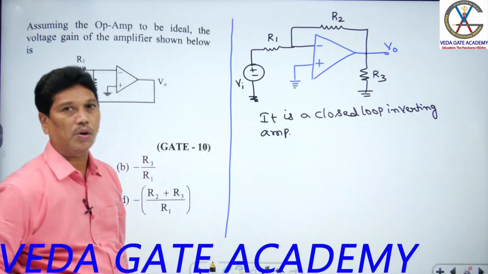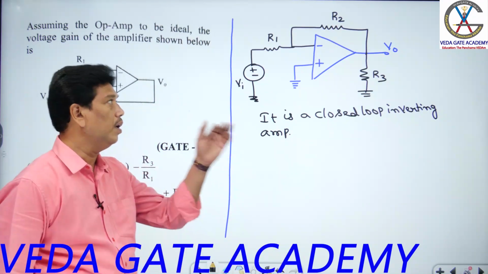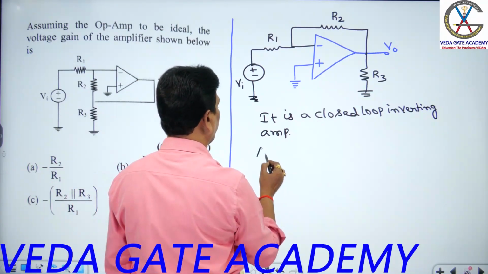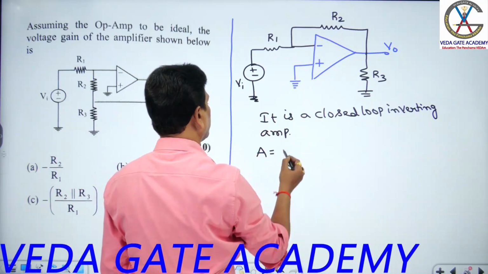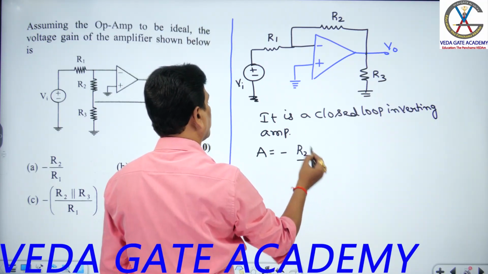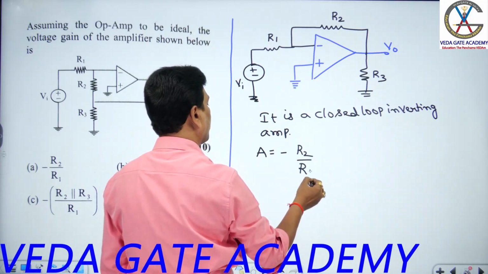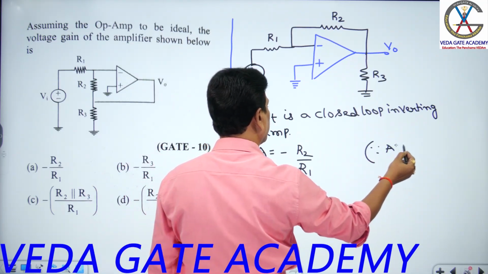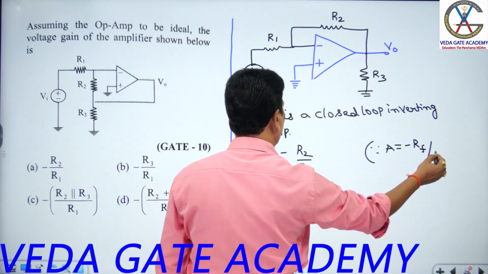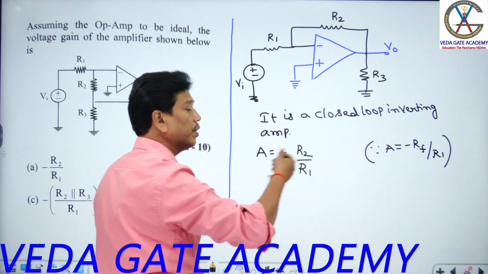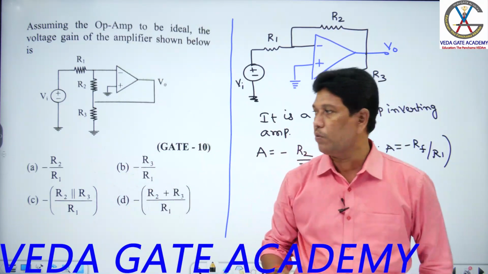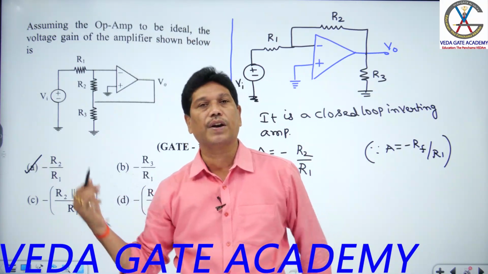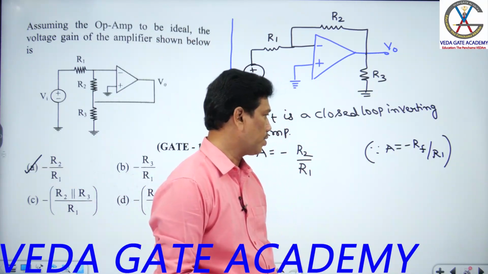Confirm, students? It is a closed loop what, sir? Inverting amplifier you can call. What is the gain he is asking, students? The gain of this one, A equal to what, sir? Feedback resistance is R2. Input resistance is what, sir? R1. A equal to minus R2 by R1. Since you know the formula, A equal to minus RF by R1, and that RF equals R2 there. This is the formula, sir. A equal to minus R2 by R1. Right? The option should be A. A is the answer for that, students. Okay. Check out the next question now.